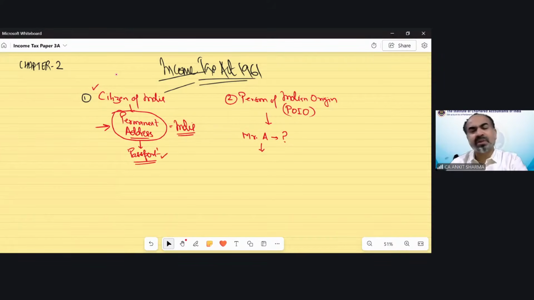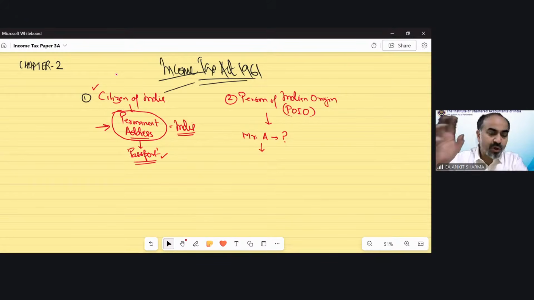Now I know you all must be thinking, what if somebody does not have any passport? I believe that a lot of you do not have a passport even now. So if the passport is the main document to find out whether you are a citizen of India or not, then if somebody does not have a passport, how will we find out whether he or she is a citizen of India or not? That must be a question in your mind. So let me tell you, if you do not have any passport, apply this condition upon yourself.